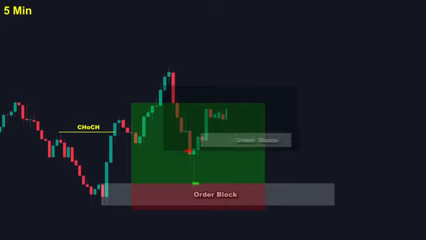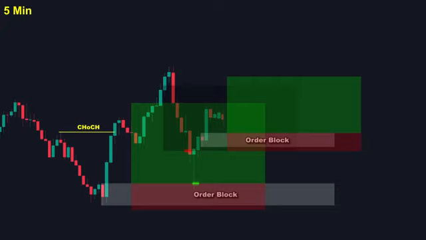Once again, we spot another order block forming. Without closing our profitable first trade, we set a long position at this new order block as well. This systematic process continues until we reach our target, which is that previous high on the higher time frame that we identified in our initial analysis.